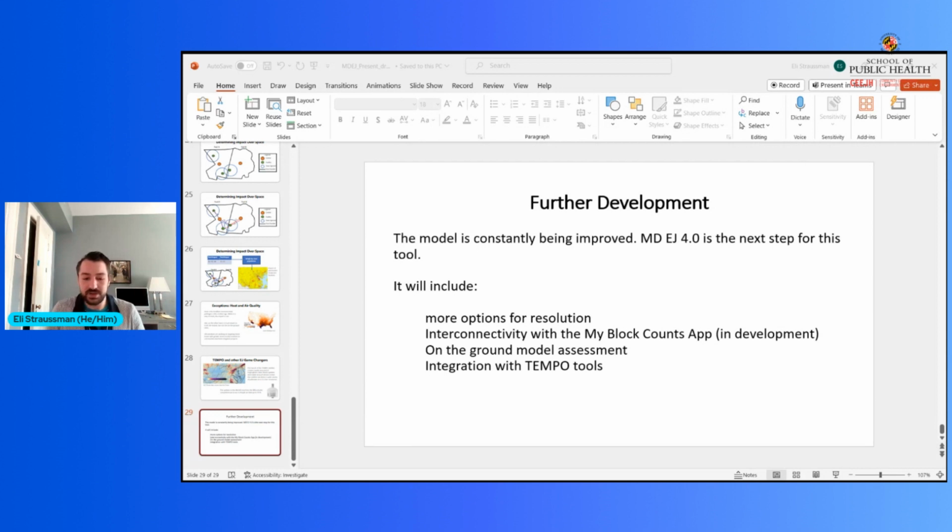Also, we're going to be working on integrating the MDEJ screen with the Tempo satellite data. As I mentioned, the Tempo satellite was launched, I believe, in August or July, one or the other. It creates a whole new variety of data that we can easily access and is just incredibly useful in the modern